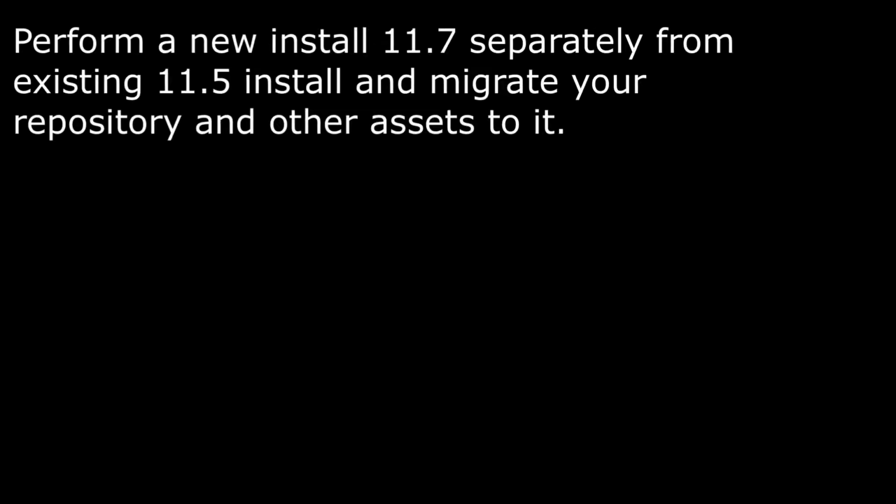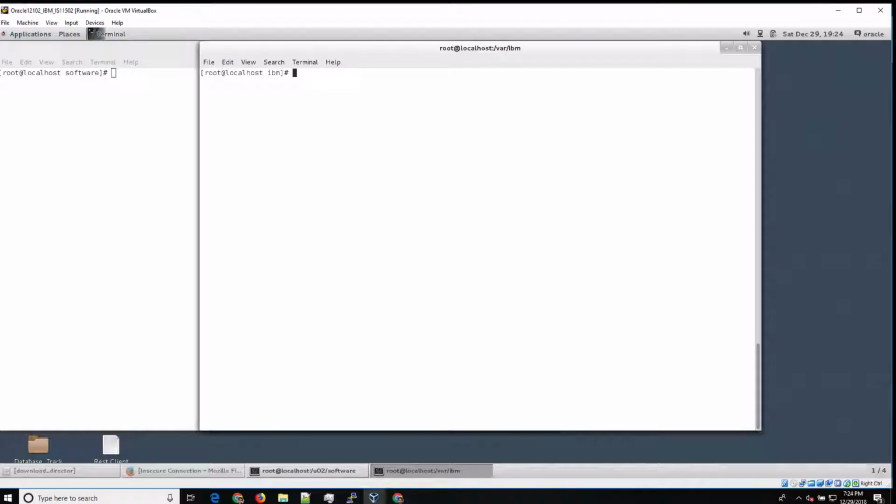The first option is to install 11.7 as a completely new install, and then you migrate your 11.5 repository and all the other assets and configurations that you might have to 11.7. So to do that, you would first install 11.7 as a brand new install, and then using various utilities like IS tools, etc., you would export your 11.5 metadata, repository assets, and other things, and then once you have 11.7 up and running, you would bring all that back in,